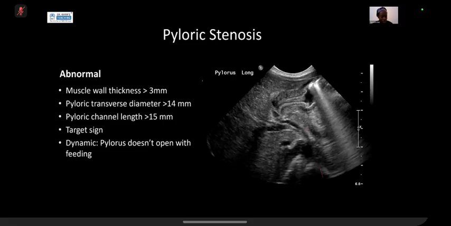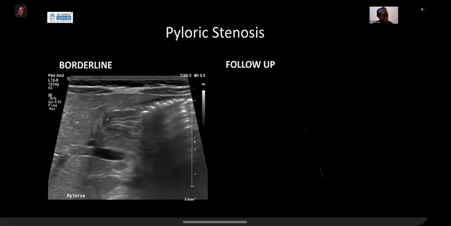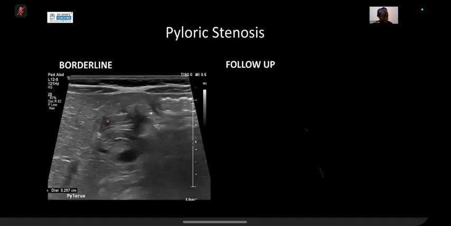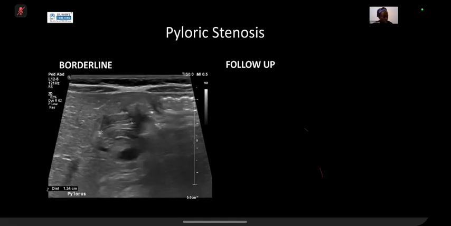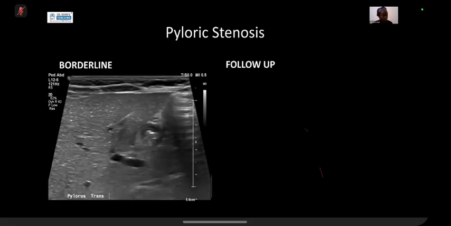So I just want to think, I've got a video somewhere. This was a case that I did a few months ago, where the muscle thickness is borderline. You can see it's 2.5, so it's coming to the upper limit of normal, but it looks like what I would expect a pyloric stenosis to be. All the measurements were just borderline, going to the upper limit of normal, and the patient had a really convincing history of